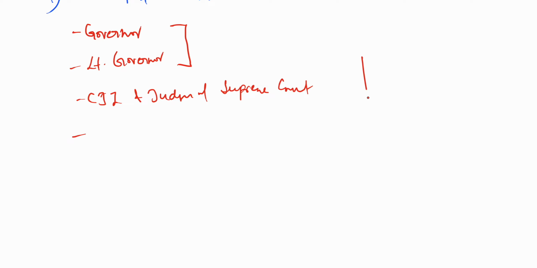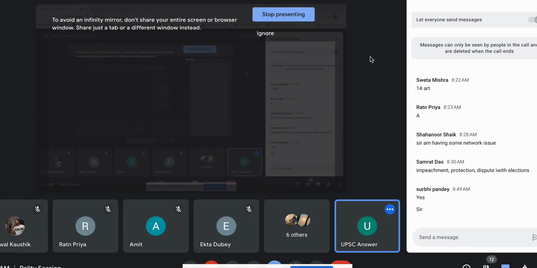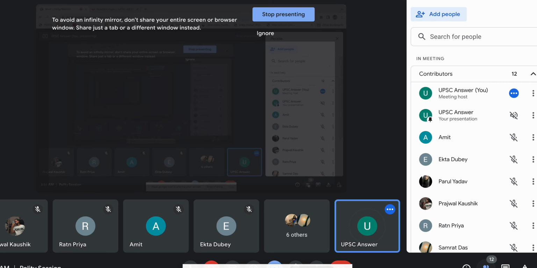What about high court judges? So, governor. Okay, so the statement is that high court judges are appointed by the president of India. Is this statement correct or incorrect? Or chief justice, maybe let me talk a little bit more. The chief justice of a high court is appointed by the governor of a state. Is this statement correct or incorrect? One by one I'll ask.